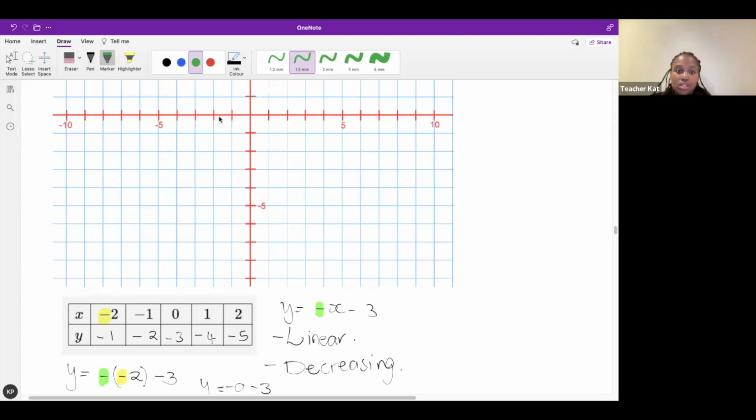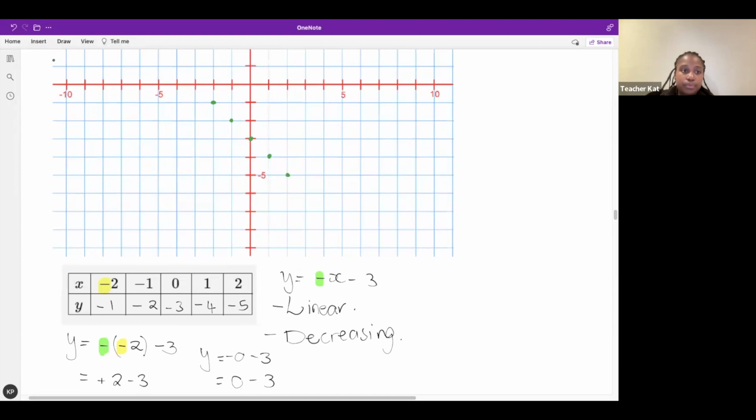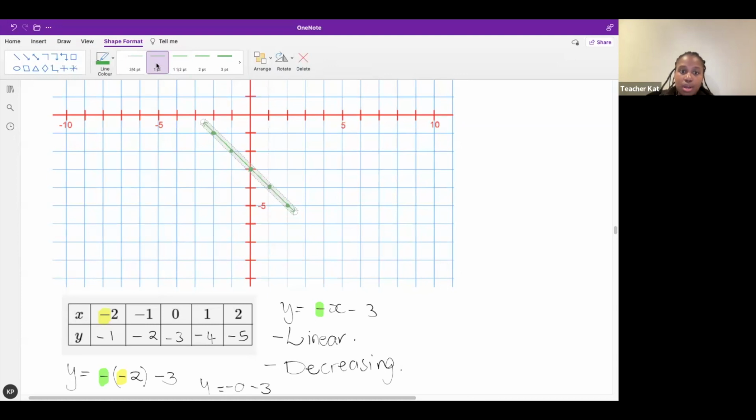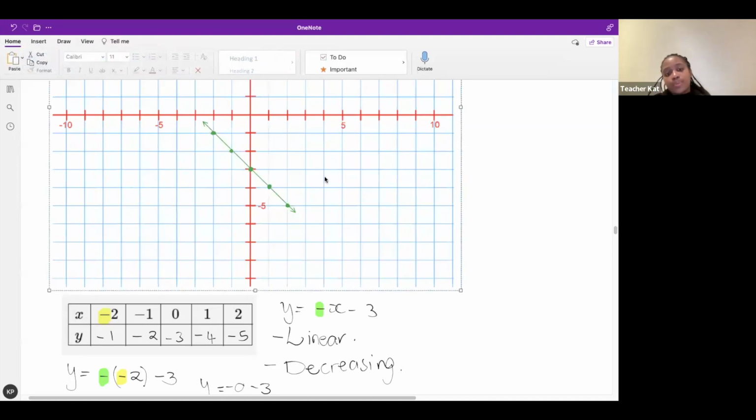Okay, so let's start. Negative 2 goes with negative 1. Negative 1 goes with negative 2. 0 goes with negative 3. 1 goes with negative 4. And 2 goes with negative 5. You're welcome, Samulo. And my graph, let me draw the correct graph here. Goes like so. And so. Okay,